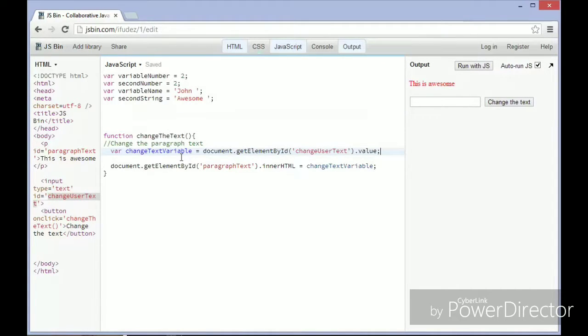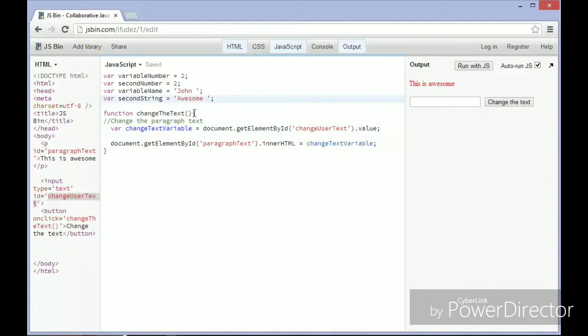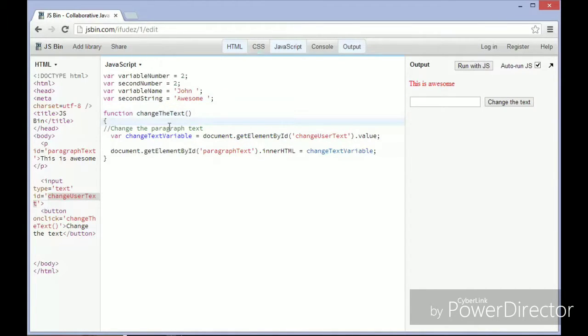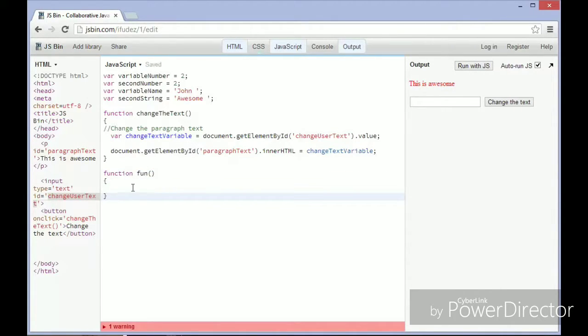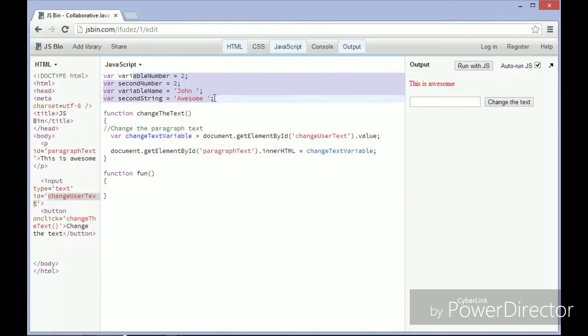Well, first of all, there's this idea of something called scope, okay? And it has to do with these brackets here. I'm just going to return that on this just like that so we can see this a little bit better. So if we were to have, let's say, another function here, okay? If I just type in function, you know, fun, okay? And I type in another thing here, all of these variables here can be used in both of